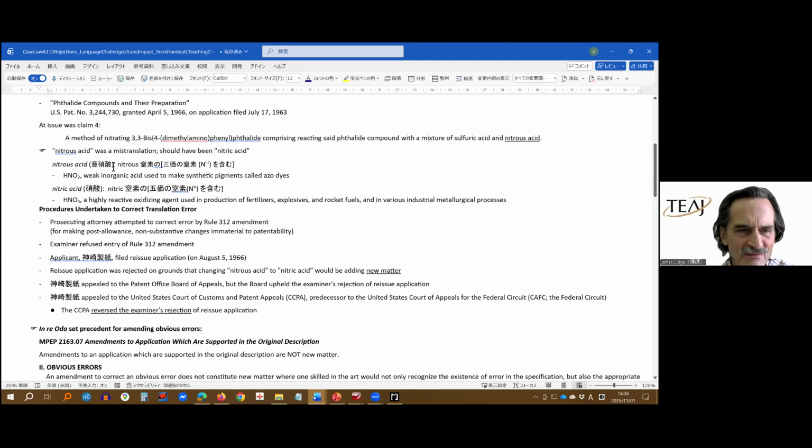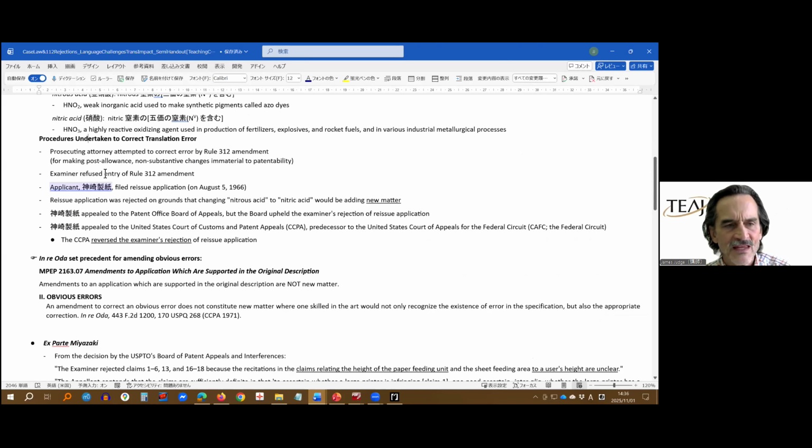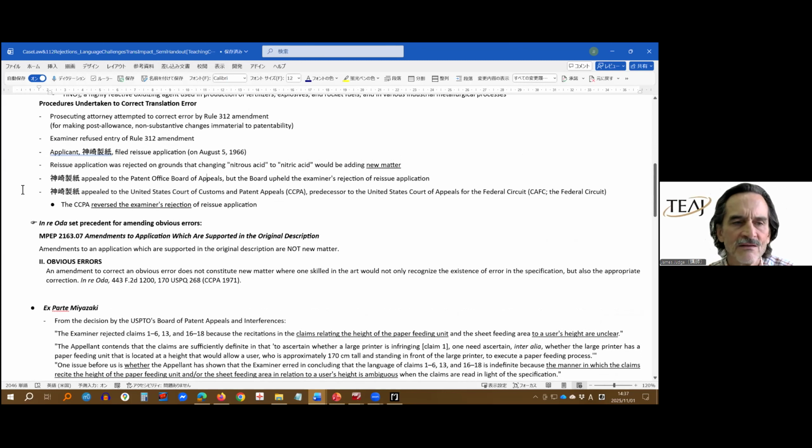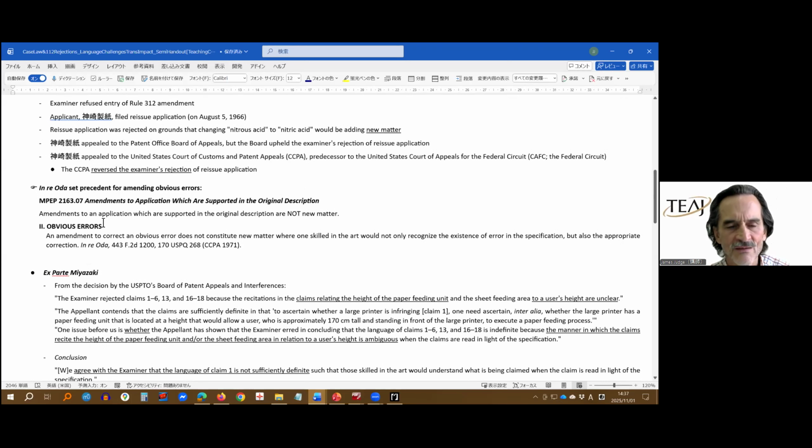It was a mistake not out of negligence probably, but just an easy mistake to make, using the word nitrous instead of nitrate. And that led to the applicant wanting to be sure that their patent was enforceable and going through these procedures within the patent office to try to fix the problem, and none of them worked. So finally, they went outside the patent office into the courts and did a civil proceeding in the courts and got a reversal of the rejection, and that had an immediate impact on U.S. Patent Office, USPTO policy, examination policy.